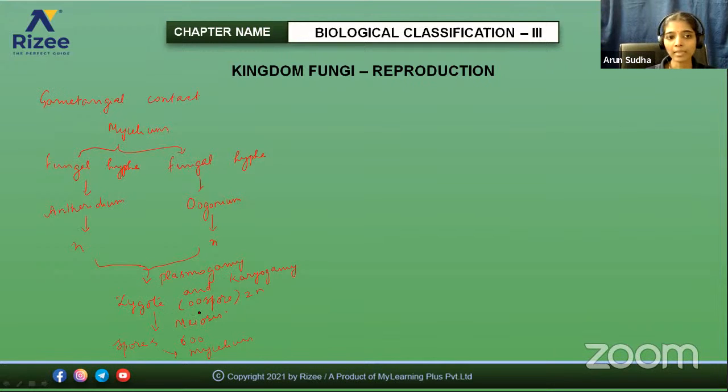This happens within the same mycelium, that is, different hyphae within the mycelium. One acts as a male sex organ and the other as a female sex organ. So the two nuclei fuse together. The antheridium forms a tube, and it fuses with the oogonium. There's a contact between both the gametes, which results in the formation of spores, called the oospores. But there is another type that is called gametangial copulation.